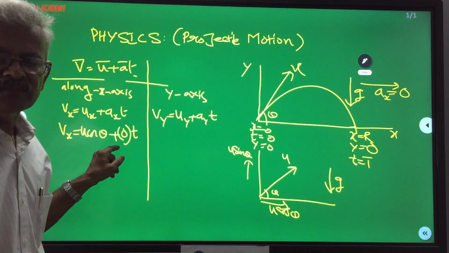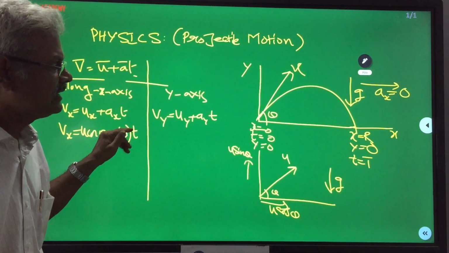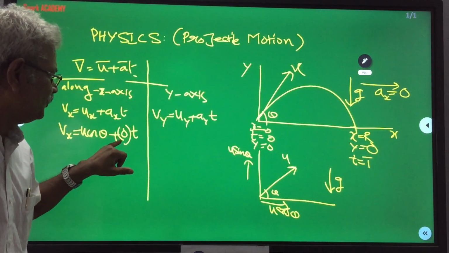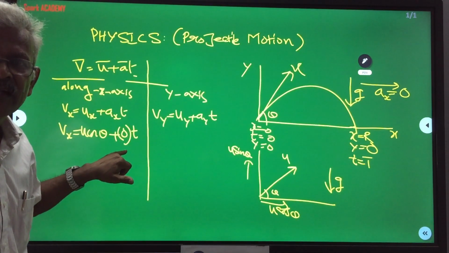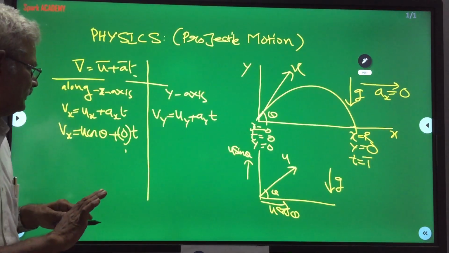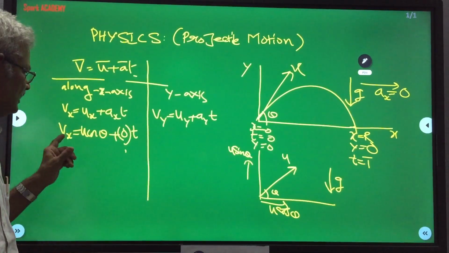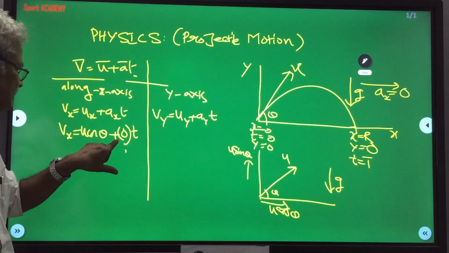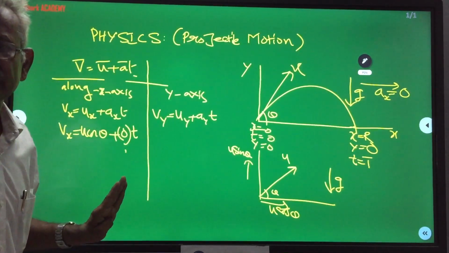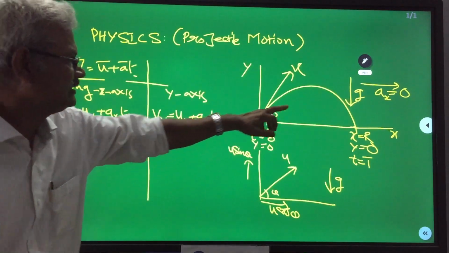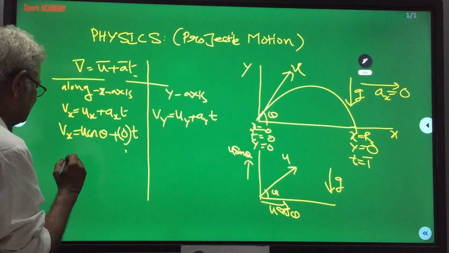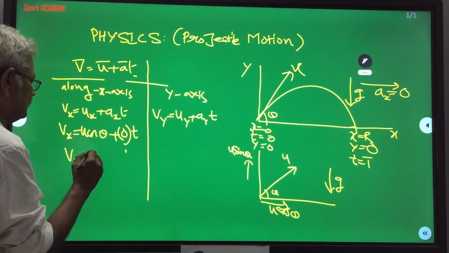That means whenever there is any acceleration along the x-axis, in the case of projectile motion I am talking about, then you will get the idea of substituting here. Very simply, the formula you will remember. Understood? So again I am repeating, why you have taken these things. Vx is equal to u cos theta plus 0 into t. What I mean by this 0 is there is no acceleration along the x-axis, that is 0. Therefore this is 0. If you write 0 you will understand that. So Vx is equal to u cos theta,